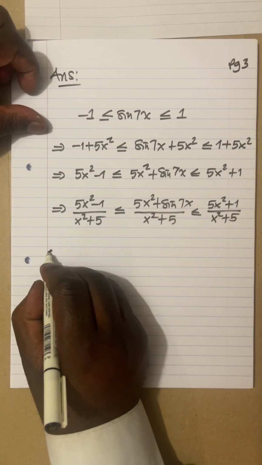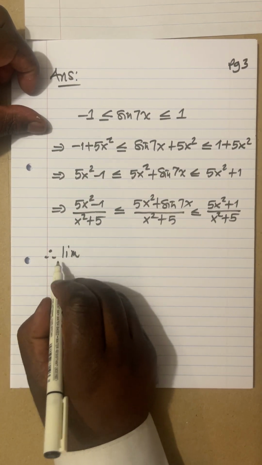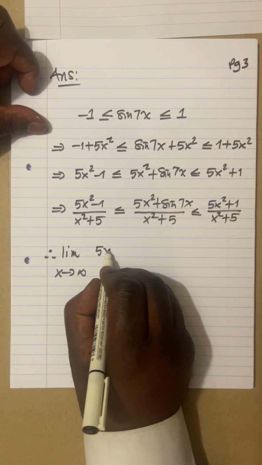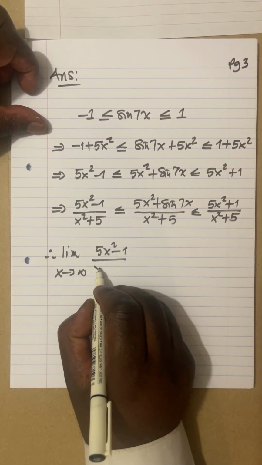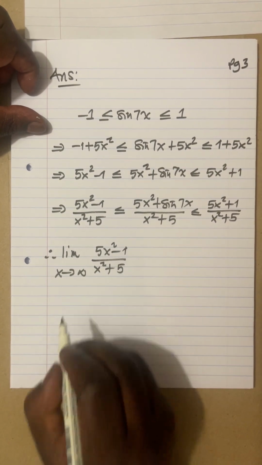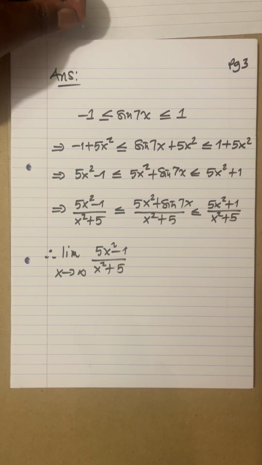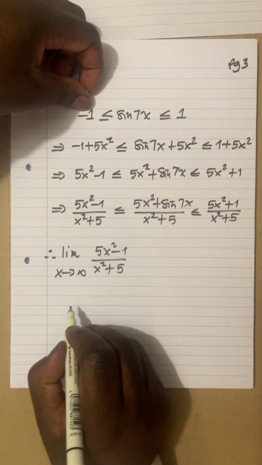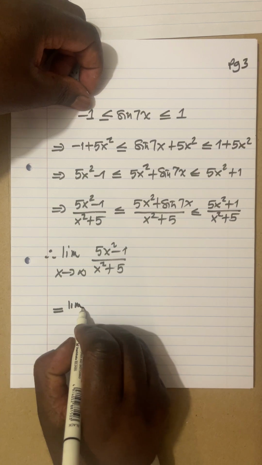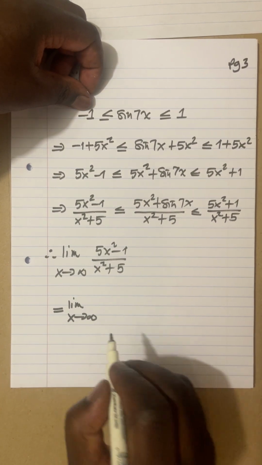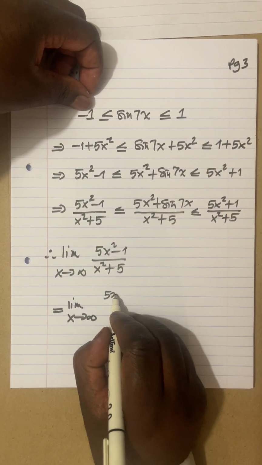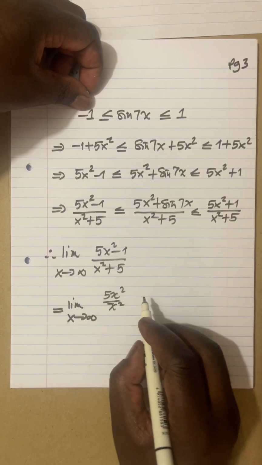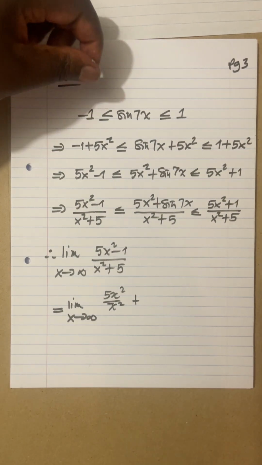Now, we're going to say, therefore, what is the limit as x approaches infinity of the lower function first? That's 5x squared minus 1 all over x squared plus 5. The way we approach this whenever you have x squared is to divide each term by x squared. This is going to be the limit as x approaches infinity of 5x squared all over x squared, I'm dividing by that term there,